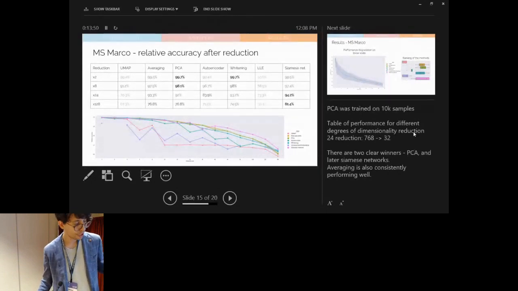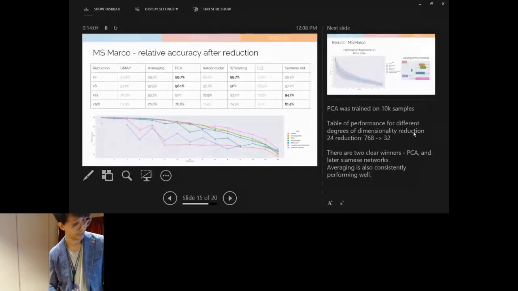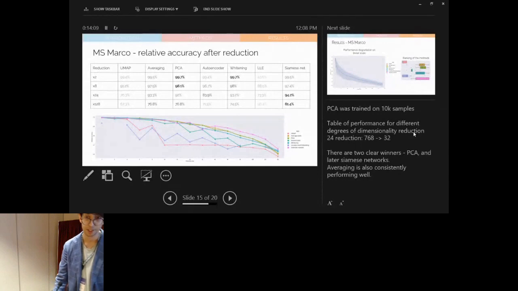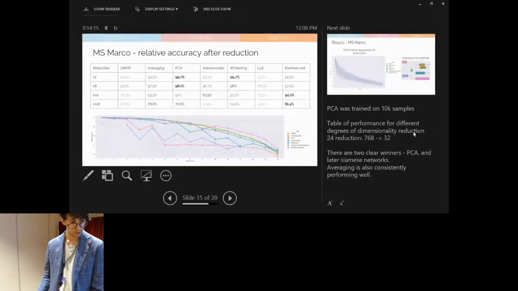It is a function of percentage of original accuracy for different reduction rates. So for example, the bolded one for the PCA, 98.1%, means that if we reduce the size of the vector 8 times, we are still able to retain 98.1% of the original accuracy. So we can scale down the vector from 768 dimensions to,